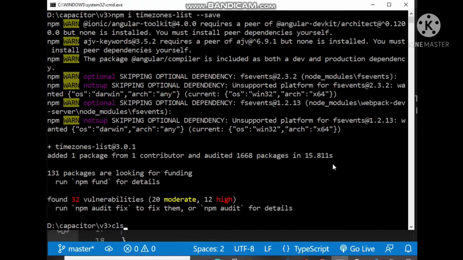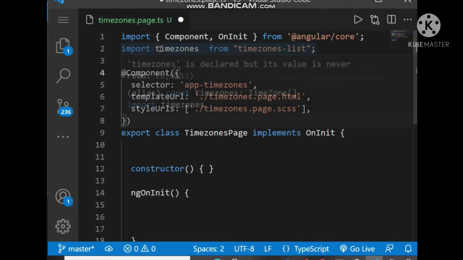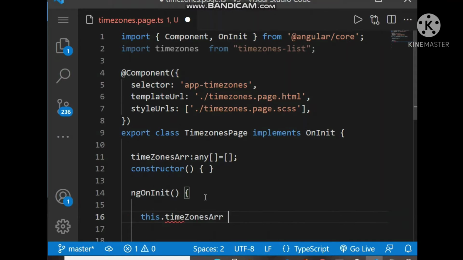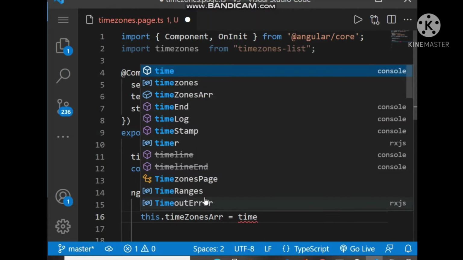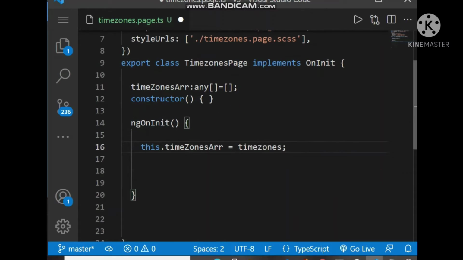Now we have to import timezones from time zones list, and here declare an array, time zones array, of type any, and inside ngOnInit, time zones array is equal to time zones. So time zones array contains all the list of time zones.